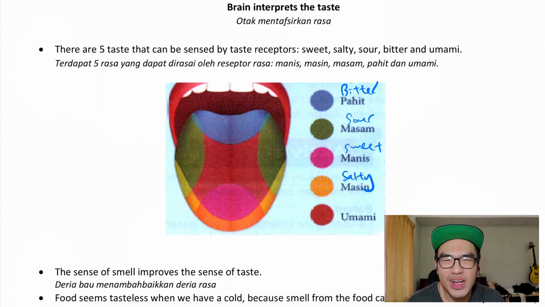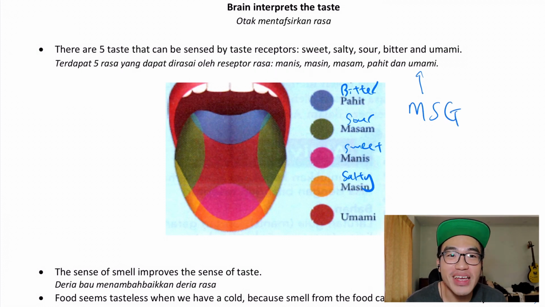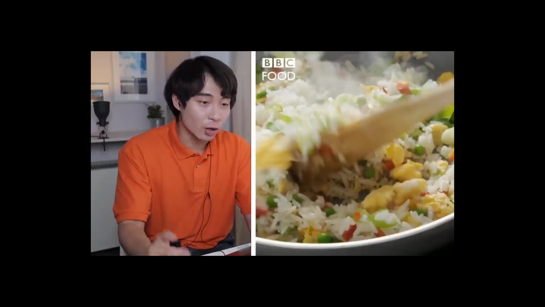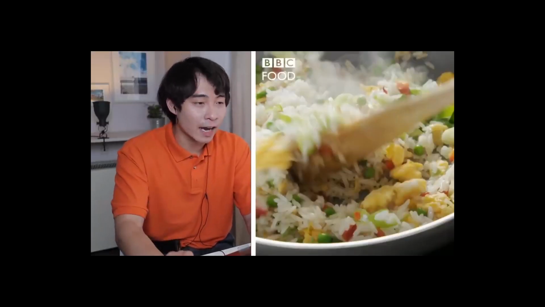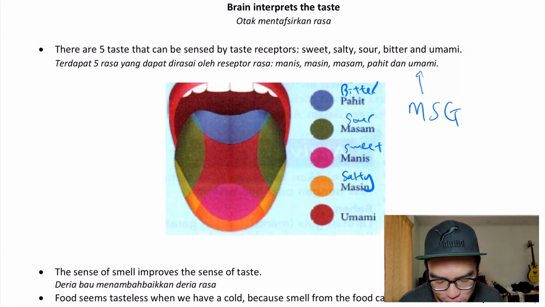You might say, what is this, sir? There is a very special substance that stimulates umami that is known as MSG. I'm sure you have heard it in a certain video by Uncle Roger that says, Hiya, where your MSG? You don't use MSG, how to make good egg fried rice? We Asians need our MSG. Alright, so let's move into the points.